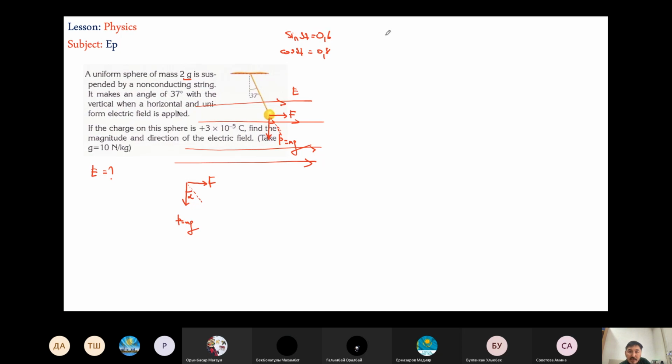And of course, in order to find the electric field, I can write the formula that is F should be equal to E times Q. But in order to find the E, of course, since the E equals F over Q, over charge, I have to find the force here. But I don't know the force. Білмеймін мәнін. Сол үшін мына жердегі баланста болған үшін, since it's making a balance here, and I have the angle, and of course I have the mass here of this charge that's given already.